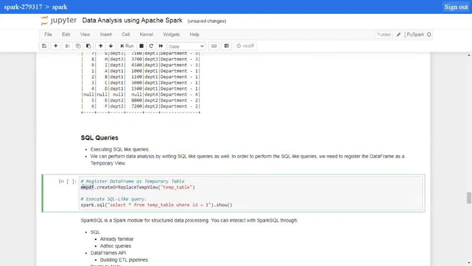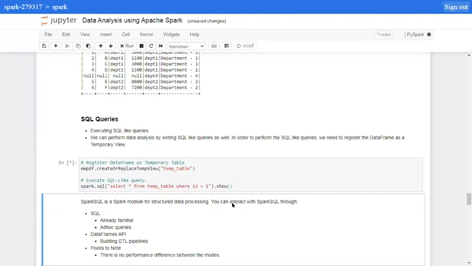So what I will do here is, empDF is my data frame. I will use a function called createOrReplaceTempView that will create or replace any temporary view already created. And I will just name the view temp table. In the next statement, I'm executing the SQL query with the sql function. If you look at the query, it's a very simple SQL query: select star from temp_table, because the name of the view is temp underscore table, where ID is equal to 1. This will return a data frame, and I will just do a show to show you the content.